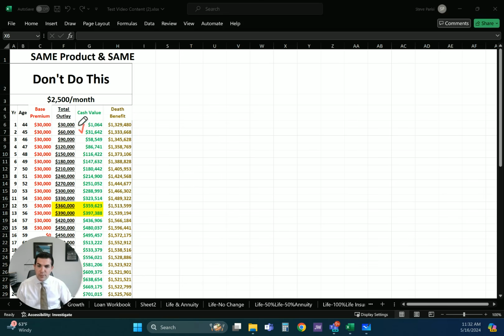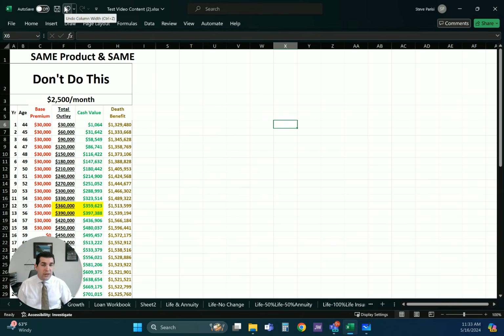Beginning the second year, he gets most of it back, but he's got to make up for that first year. And when you look at this guy, it takes between 12 and 13 years just to get his money back. We're not talking about any type of gain or return there. Now, he has a healthy amount of life insurance, but if he's interested in the cash value, this is not a very attractive option. So then what we can do is look at the same product with the exact same company